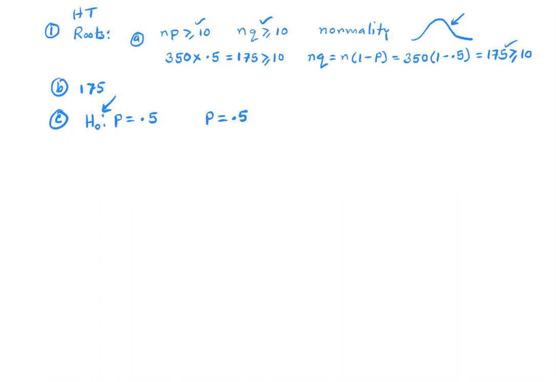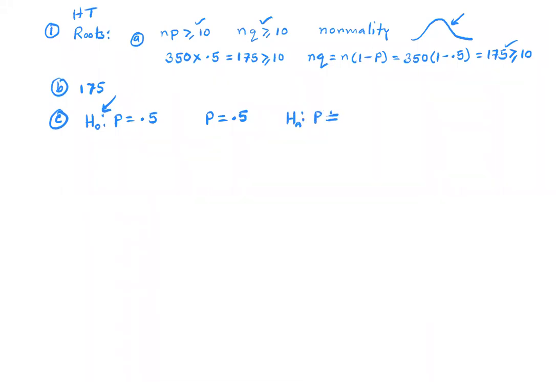Let me just check it on my screen. Yes, P is equal to 0.5. What is the alternative hypothesis? Alternative hypothesis is P is not equal to